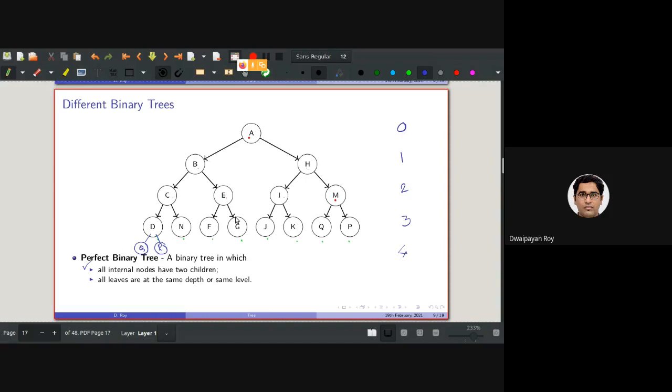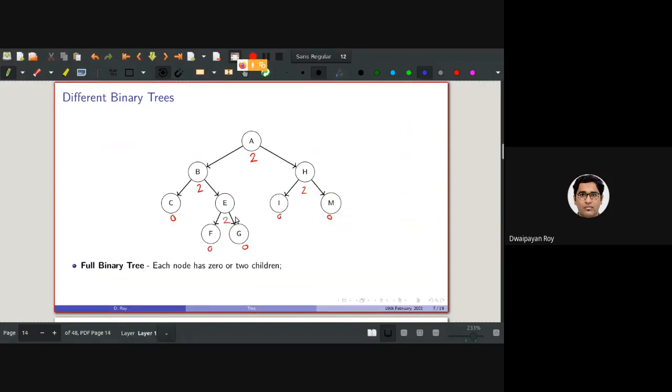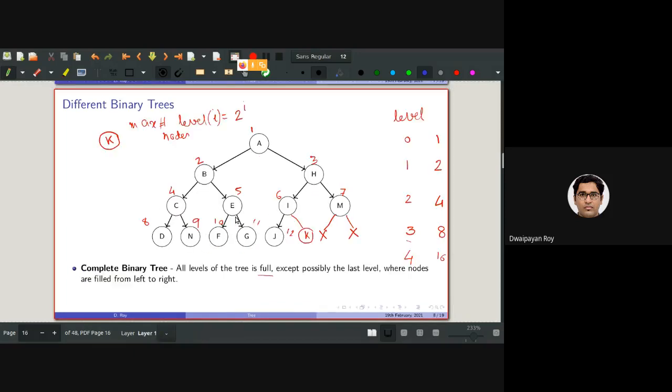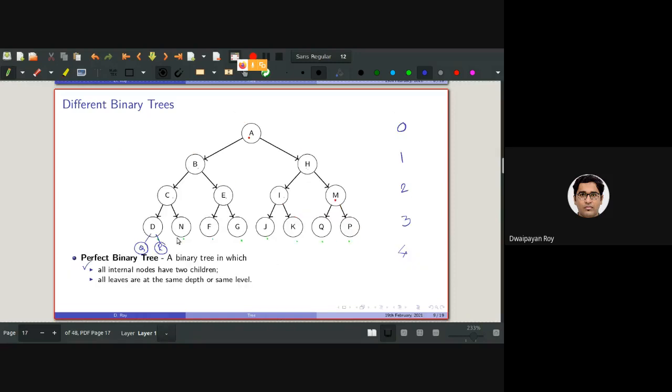It is not a perfect binary tree. Then what is it? It is both full as well as complete. In a full binary tree, each node has 2 or 0 children, and for a complete binary tree, all levels are full except possibly the last level. So as you can see, this is a full as well as a complete binary tree, but it is not a perfect binary tree. Everyone with me? I hope. Okay.